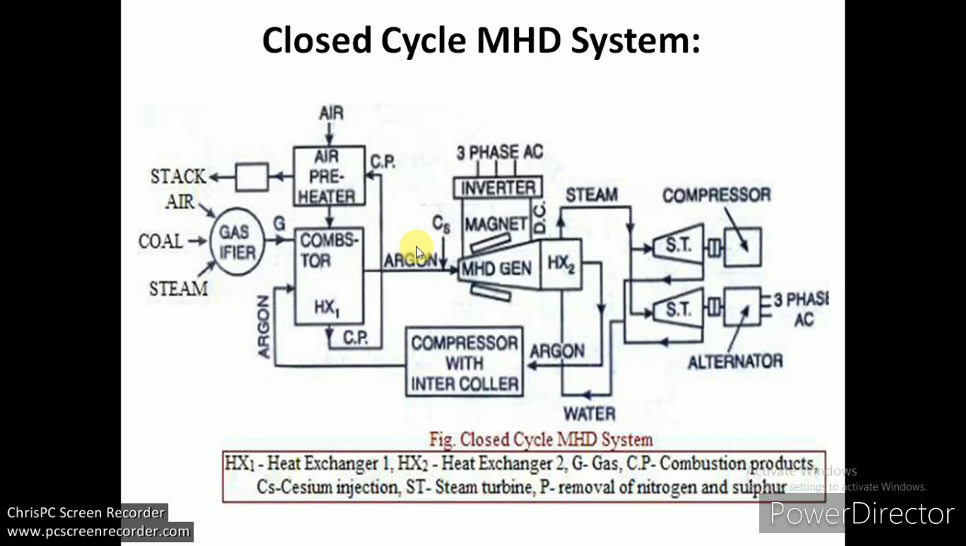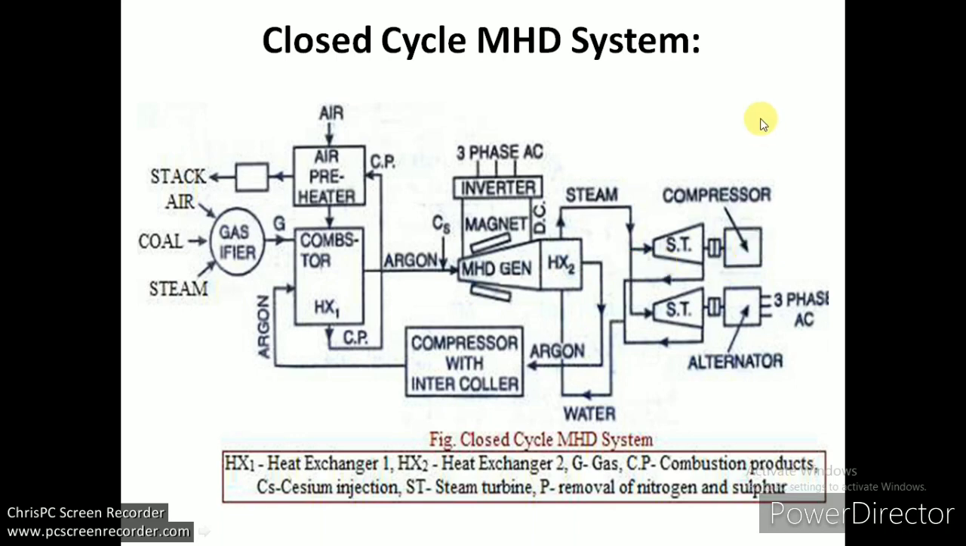So this is our closed cycle energy system. The difference between open cycle and closed cycle is this: here we utilize argon or neon or helium, inert gases, as a working fluid, and the working fluid is flown in a closed circuit. Because it's costlier, that's why the working fluid after producing power generation